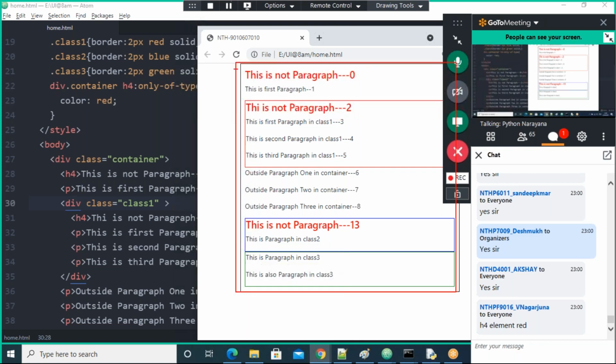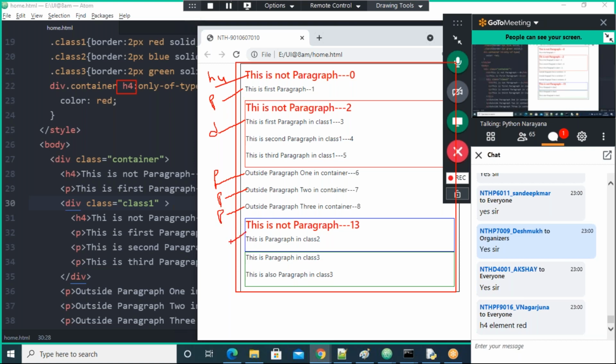In the main parent level, this is the one paragraph, right? Sorry, guys, wrong. So I have taken H4, guys. And here this is the only H4, right? What is this one? This is the paragraph. And all of this is the division, guys. Division. And again here paragraph, again here paragraph, again here paragraph.